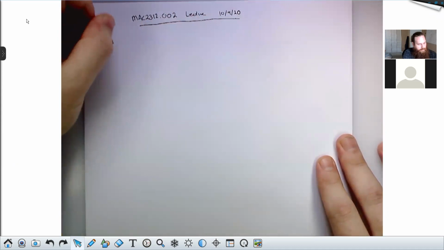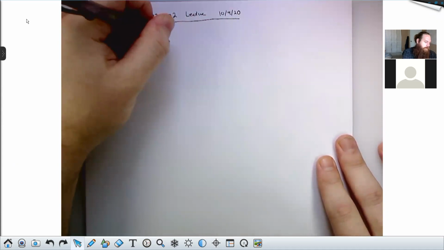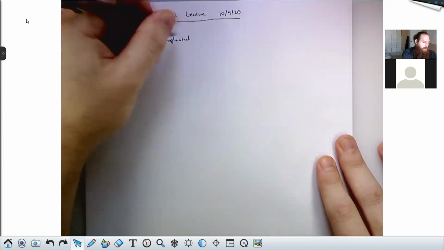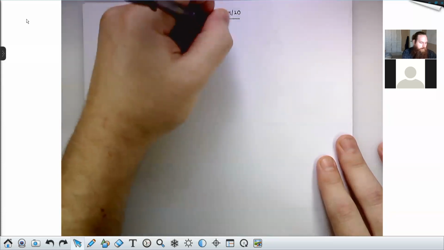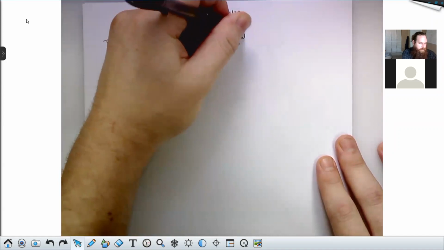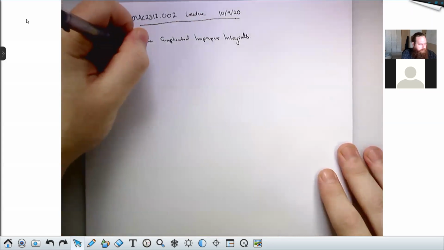Okay, so today we're going to look at some more complicated improper integrals. In particular, I'm going to show you how to mix type 1 and type 2 integrals. I'm going to show you how to handle type 1 integrals that are bilateral, meaning go to infinity on both sides. And how to handle type 2 integrals that have problem points in the middle rather than at one of the bounds of integration. And then we're also going to start developing some theorems